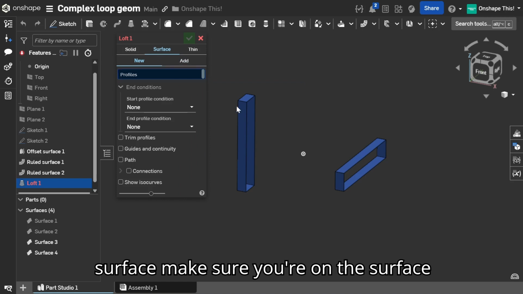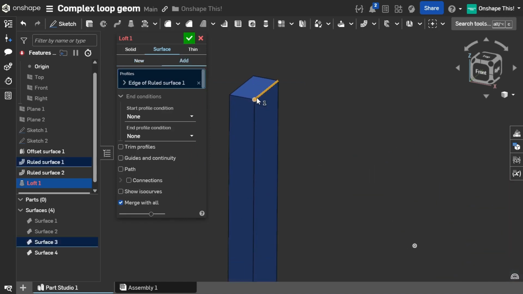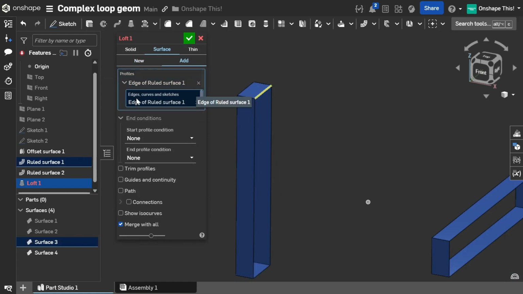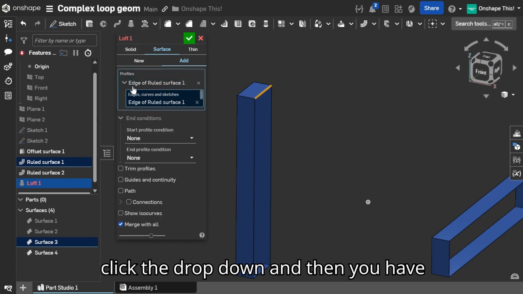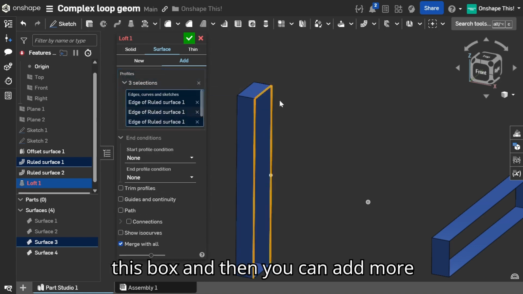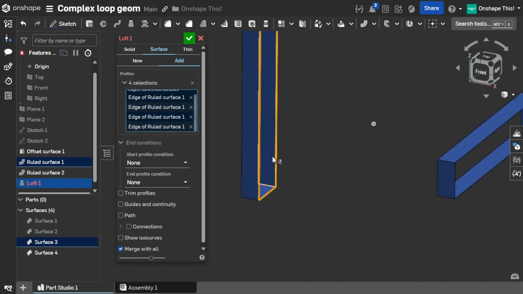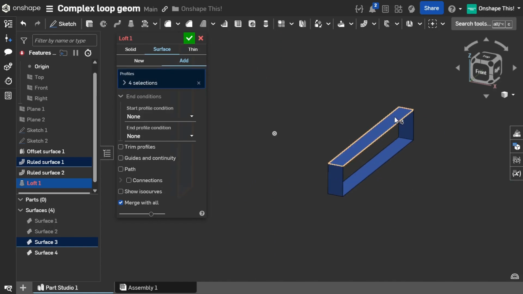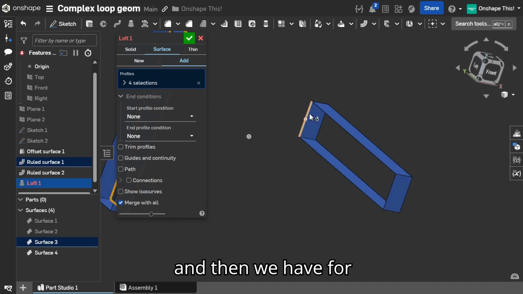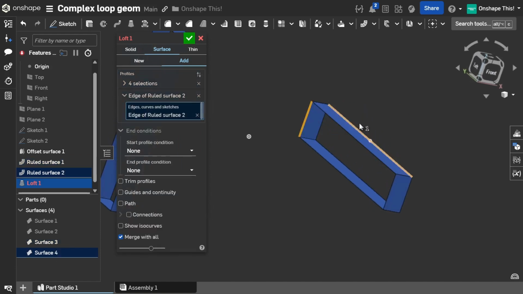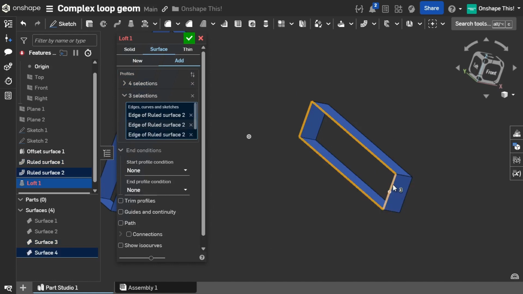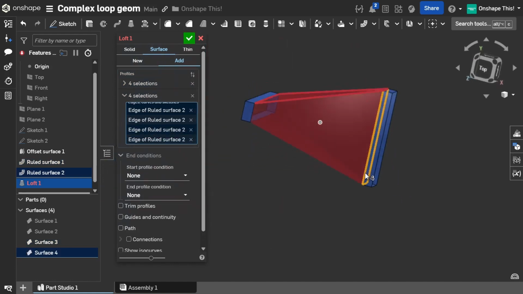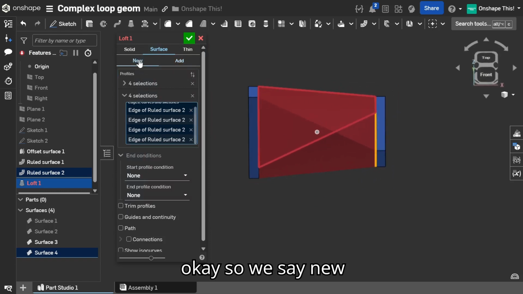surface. Make sure you're on the surface tab, and we start to select where you want to select multiple edges, or create some kind of multiple selections. You click the drop down, and then you have this box, and then you can add more selections, right? So that's for the first one. And then we have for this, okay, so we say new,